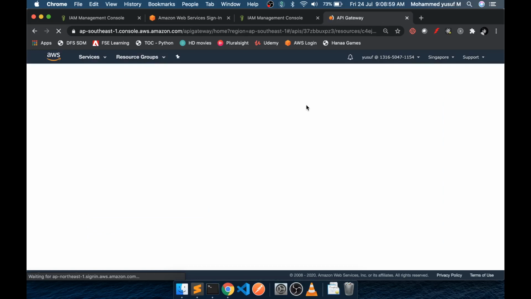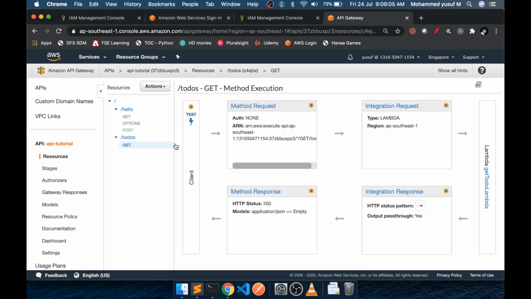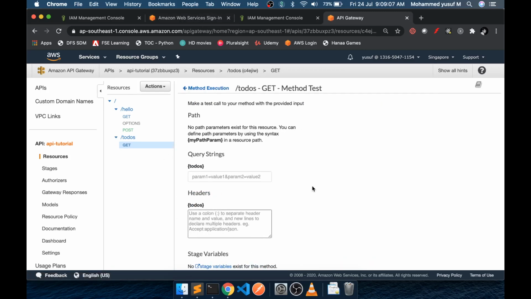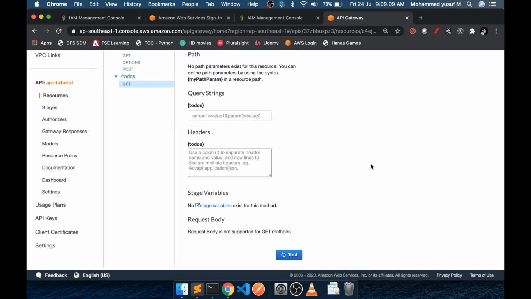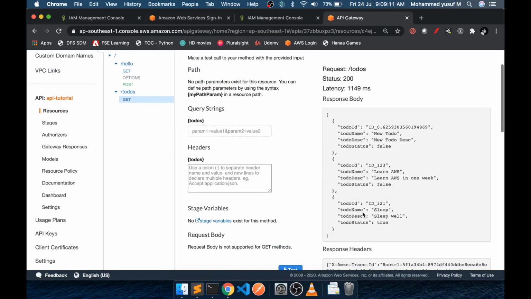Oh, got signed off. Okay, so I'm just going to test it again. Because if it is added, now we should be able to see the third todo, which is nothing but this one. Okay, new todo and blah, blah, blah.